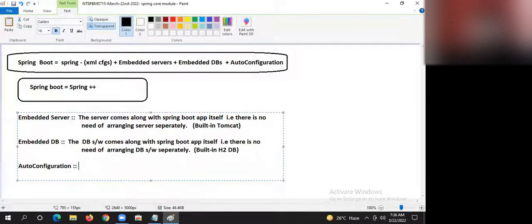Accordingly, whatever classes have to become Spring Beans will become Spring Beans automatically because of this feature called auto configuration. Don't you think it will reduce your job by 80-90%, guys? Already Spring is simplifying your life, and the auto configuration feature, embedded server, and embedded database features simplify the life of the programmer more and more, or not?